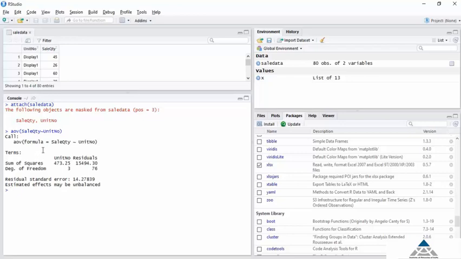Now how do we check whether we reject the null hypothesis or not? To do that, let us save this result in a variable first. We then use the summary formula and put the variable name in brackets. As we press enter, we can see the ANOVA table in front of us. It has sum of squares, degrees of freedom, mean sum of squares, the F value and the P value. We get the same values that we got when we calculated them in Excel. We can see that the P value is greater than the level of significance, which also implies that the null hypothesis should not be rejected.